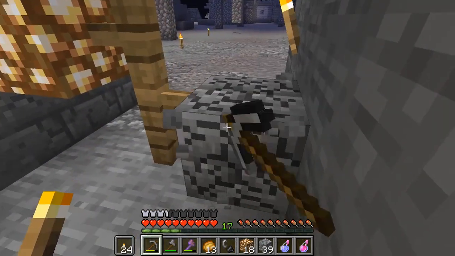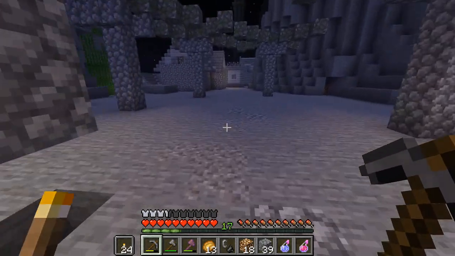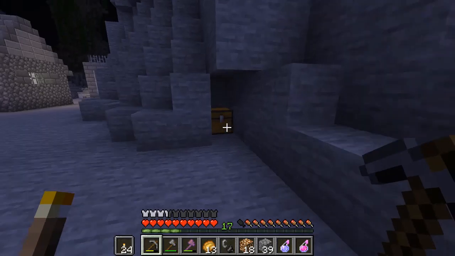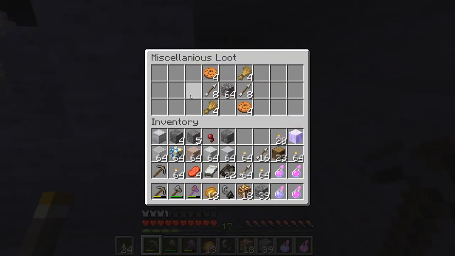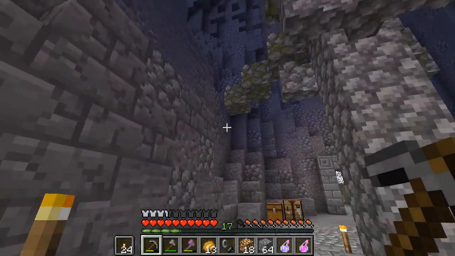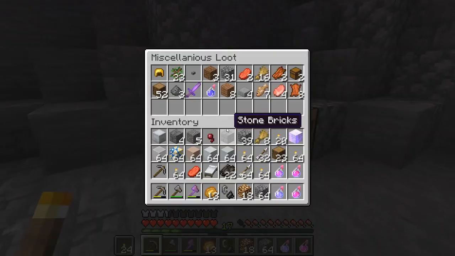If you're familiar with the later areas of this map, you know that this map is not beginner friendly. But that's something I want to change. I want to make it a map that is good for beginners. And let's just grab this stuff here. Obviously we could get dive bombed by stuff coming down the cliffs, but